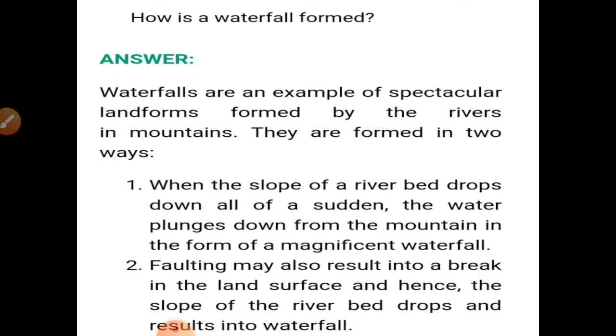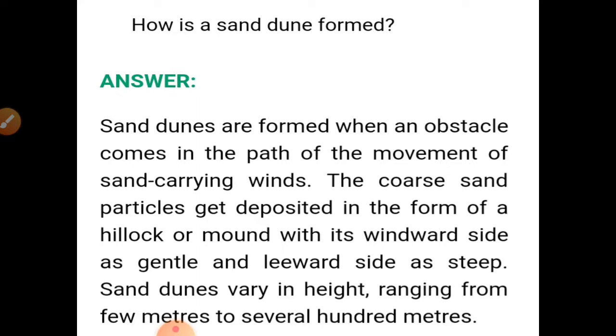So waterfalls are an example of spectacular landforms formed by the rivers in mountains. They are formed in two ways. First one is when the slope of a river bed drops down all of a sudden, the water plunges down from the mountain in the form of a magnificent waterfall. Flooding may also result in a break in the land surface, and hence the slope of the river bed drops and results in a waterfall. Next question is: explain the formation of a sand dune, or how is a sand dune